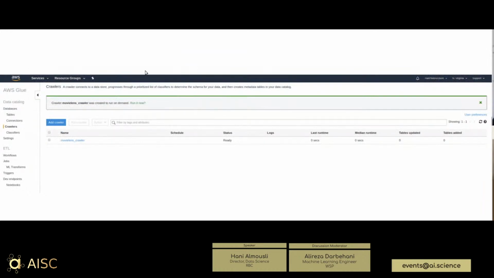Okay, so let's go back here. So now we created my crawler, which is called Movielens Crawler. That's the one. And what I can do right now is run that crawler on that data. So if I click on Run It Now,